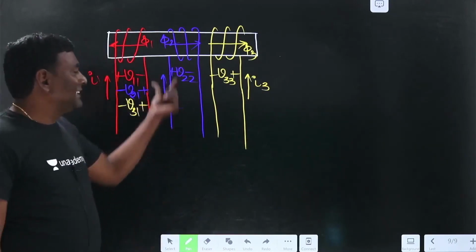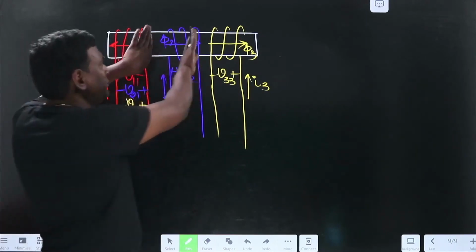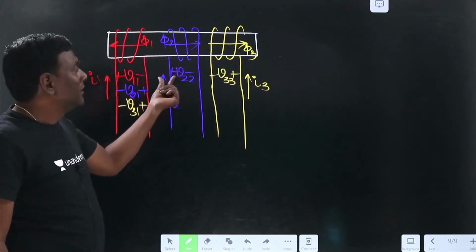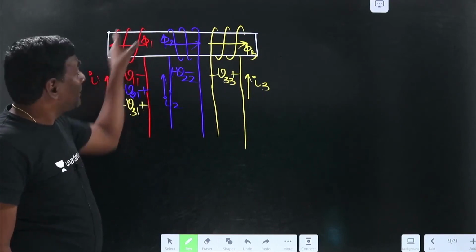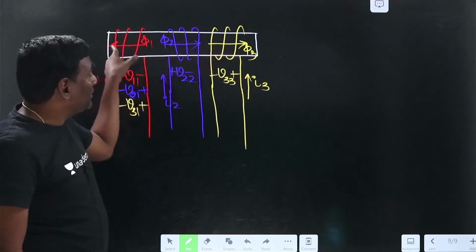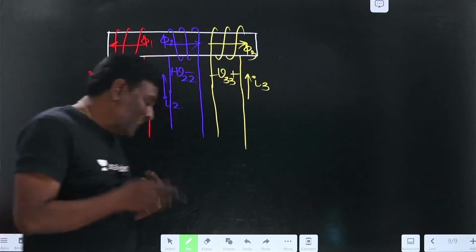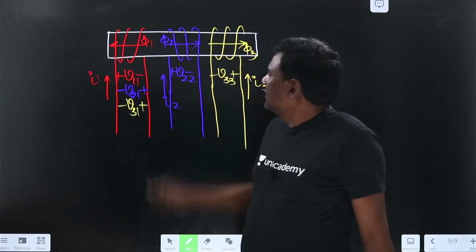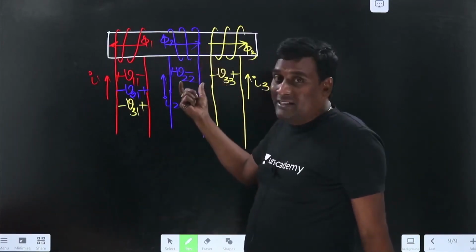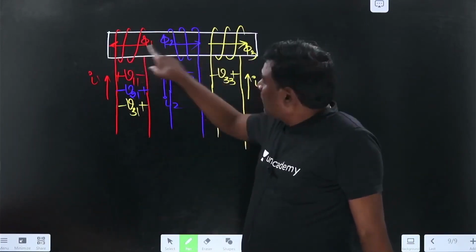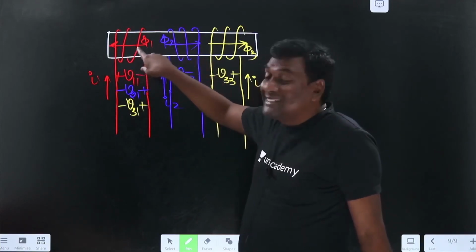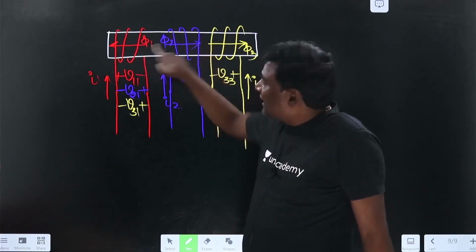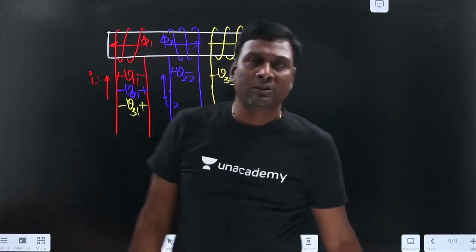Okay, now let us see here. Now forget about these two. When pi 2 is in this direction, self is like this. Now if I consider pi 1, because of pi 1 net flux is going to be varied, meaning that because of pi 1 net induced voltage across each and every coil should vary because they are mutually coupled. Now when pi 2 is in this direction, induced voltage is like this. Pi 1 is opposite to pi 2, meaning that because of the existence of pi 1, net flux in coil 2 is going to be reduced. So my induced voltage because of the existence of pi 1 should be against the self-induced voltage.